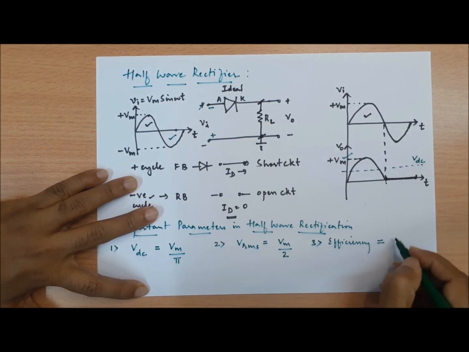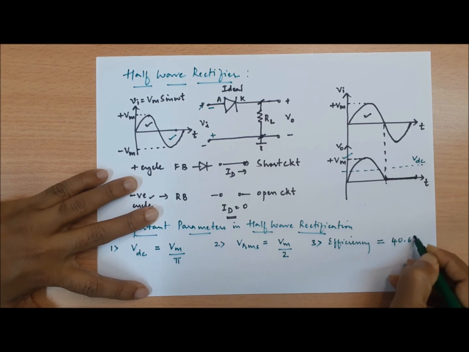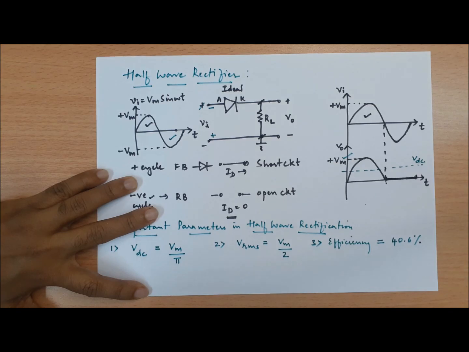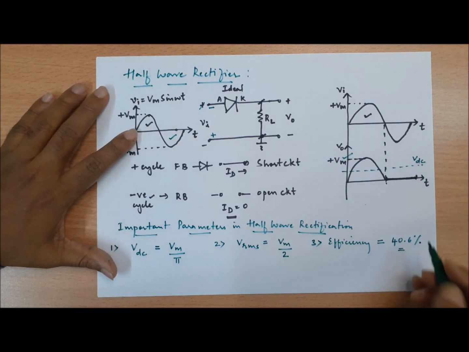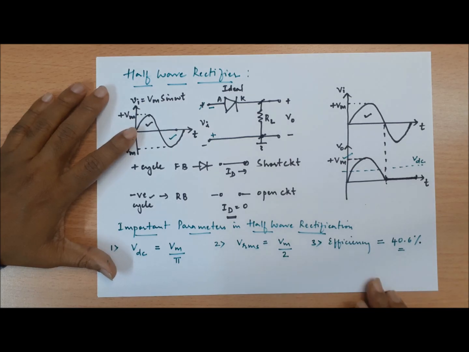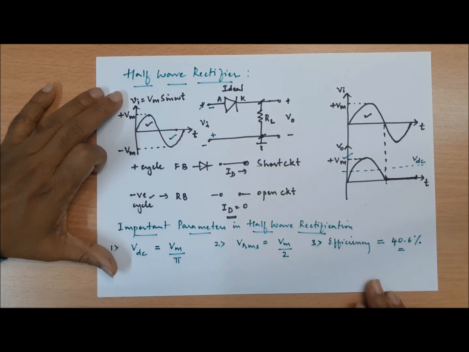So the efficiency of a half wave rectifier circuit, when derived, comes to around 40.6%. Okay, what does that mean? That means the efficiency of a half wave rectifier is not that great, considering the input and the output. The AC to DC conversion is not that great in the case of a half wave rectifier circuit. It is just 40.6%. This is exactly one of the reasons why we rarely use half wave rectifier circuits nowadays,